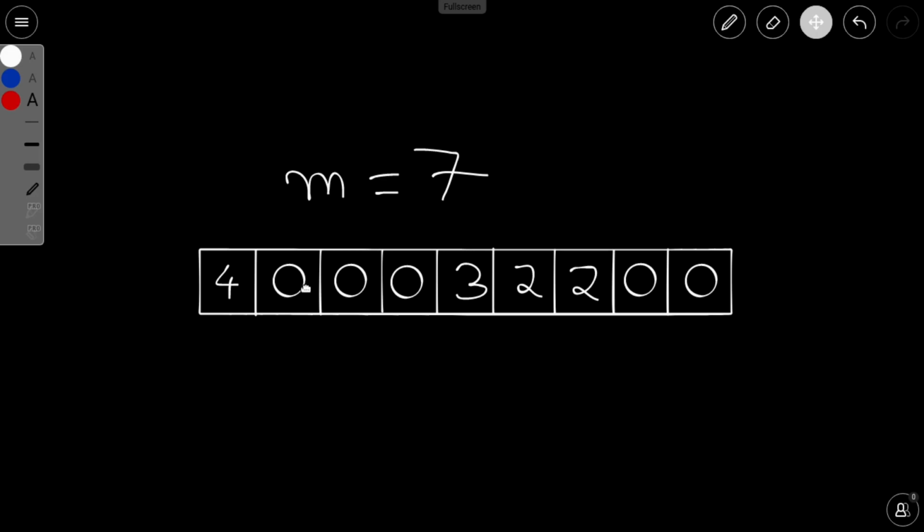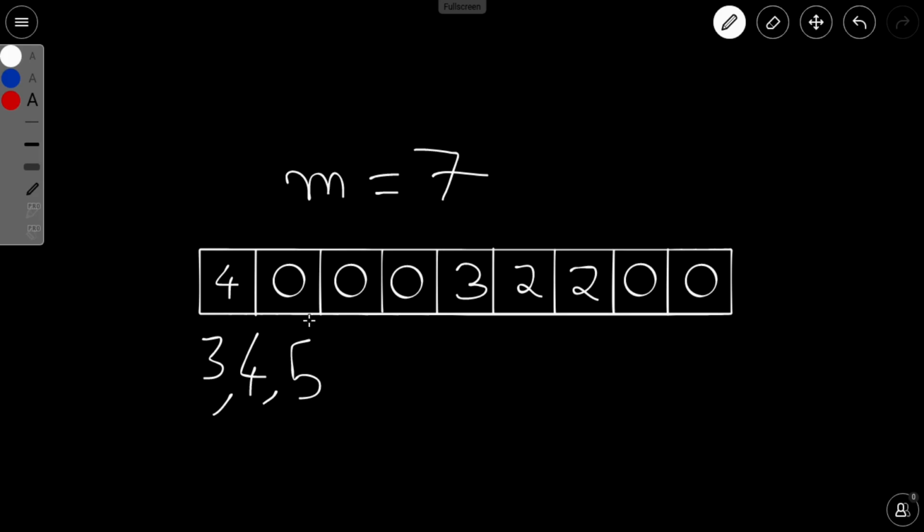So you can fill them with any value such that they satisfy the given constraint or condition. Now just try to move from left to right and fill up the unknown values with any value such that they satisfy the given condition. Let us say this value can be what? It can be either 3, 4, or 5, because it says that the adjacent element difference cannot be more than 1. So this can be 4 or 5, or it can even be 3. So these 3 will work.